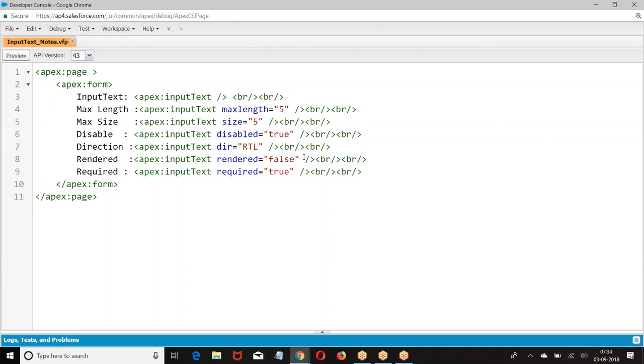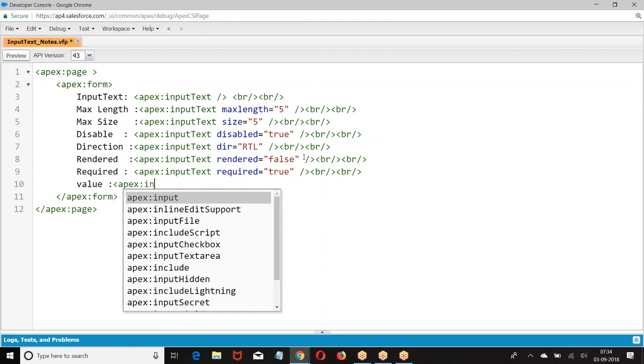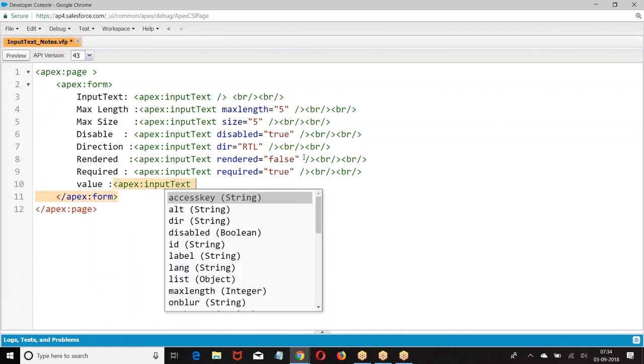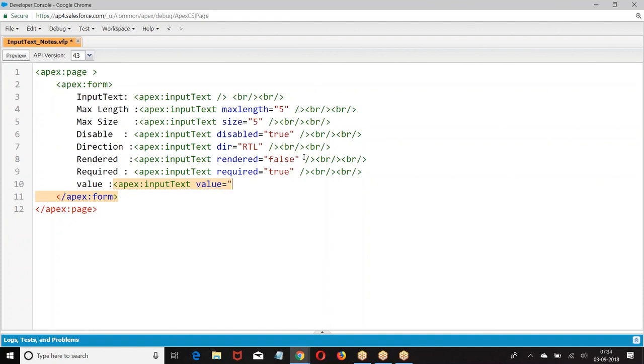Now, we are giving value. What is the value? Which variable do you want to refer to? Whatever data we enter here will be stored in the variable given here.